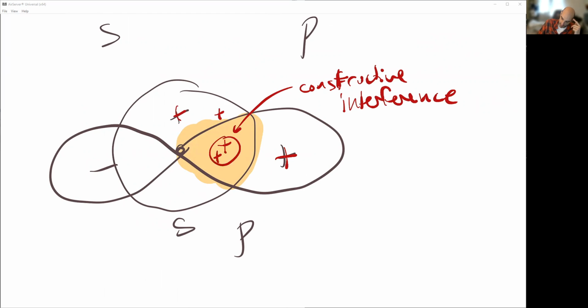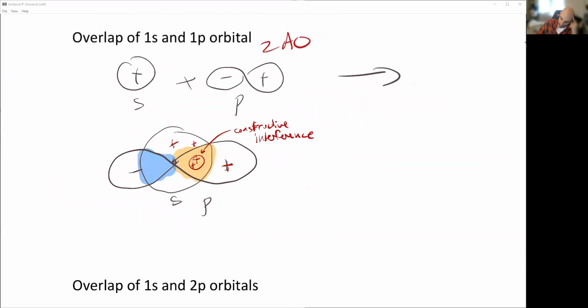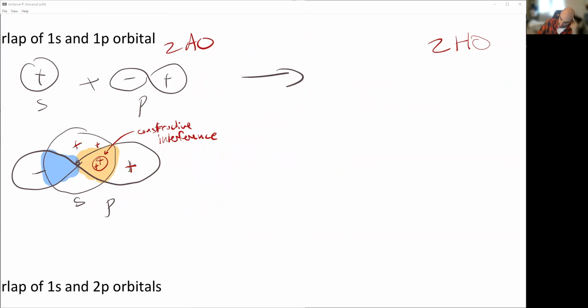So positive and positive combine to give us constructive interference. Over here, however, we're going to have destructive interference, and those sections are going to essentially cancel each other out. So the end result of this is when you have constructive interference, they're going to reinforce one another,